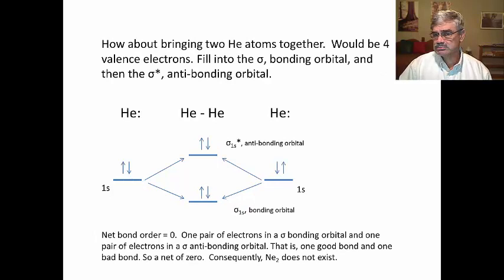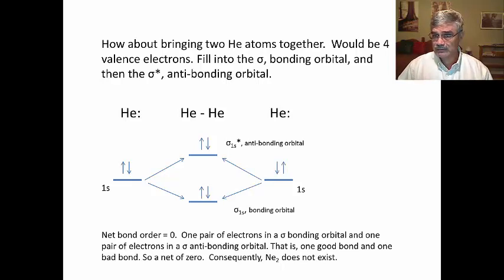Well, let's go to helium. What if 2 heliums try to come together to form a molecule, to form a bond? Now, I know what you're thinking, but let's continue. The individual helium atoms have 2 electrons, they're 1s2. If we were to try to bring them together to form a bond, to form He2, diatomic helium, we have 4 electrons to distribute. We put 2 in the sigma 1s bonding orbital, 2 in the sigma 1s star anti-bonding orbital,